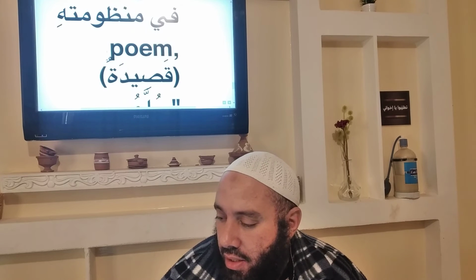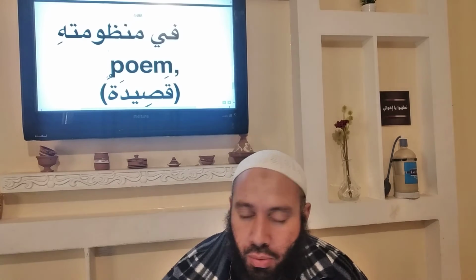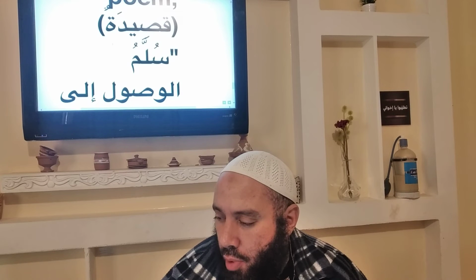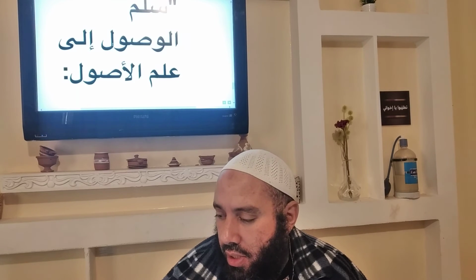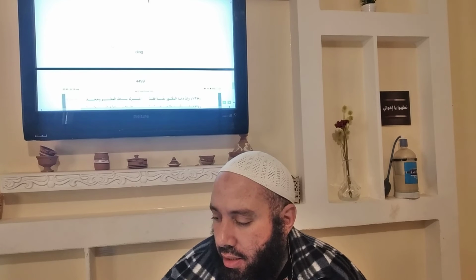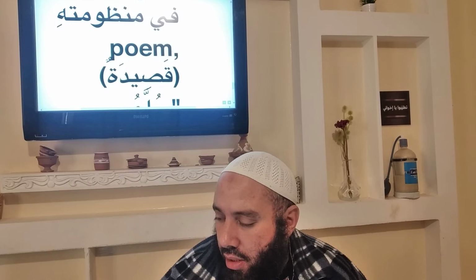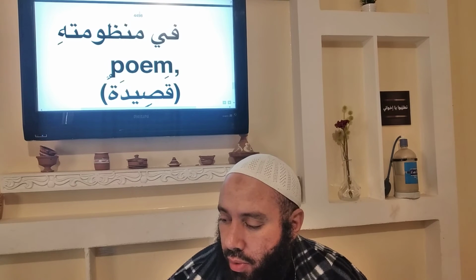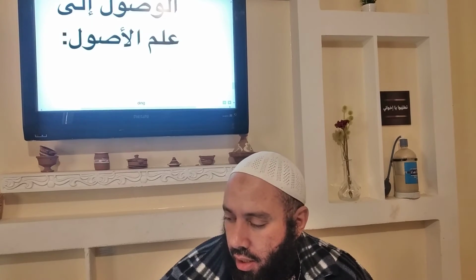He said in his qasidah. Qasidatun and mandumatun also mean a poem. And this poem is called Sullamul Wusuli ila Ilmi al-Usul. It's a very beautiful poem that he has written. I'm not sure if he was in his teenage years when he wrote this poem. Mandumatun and qasidatun both mean poem. He said,